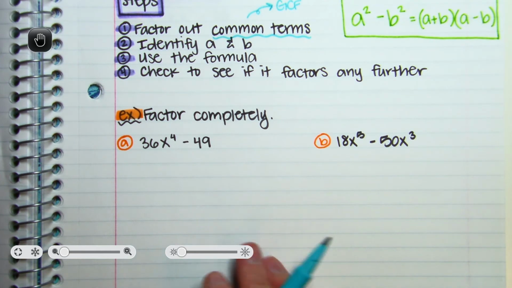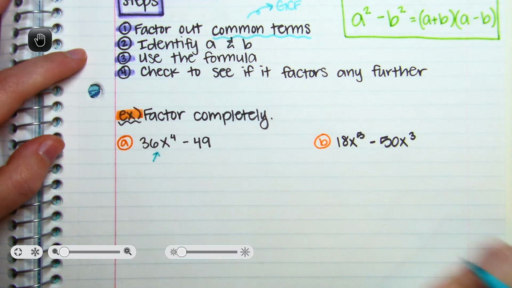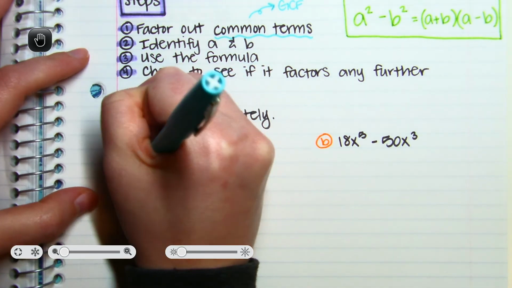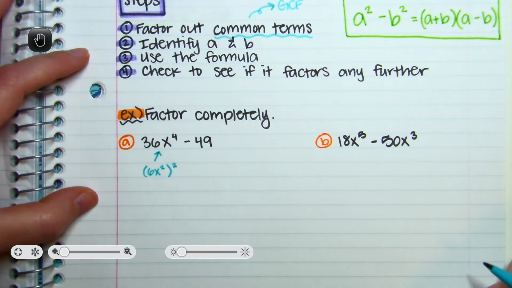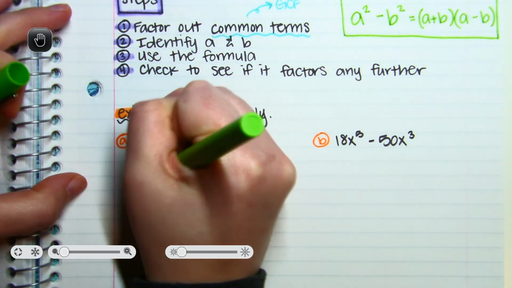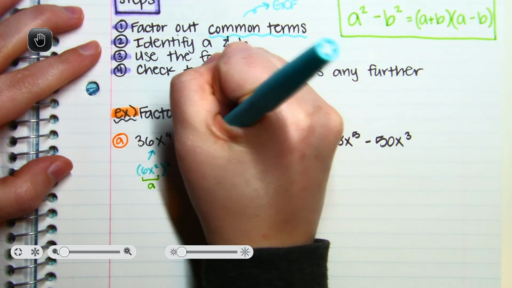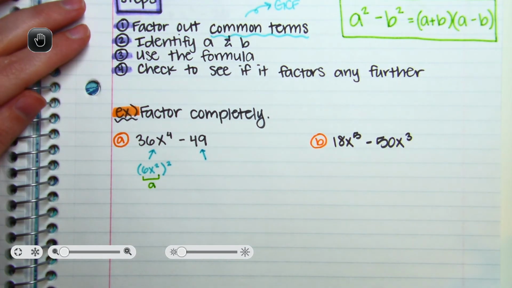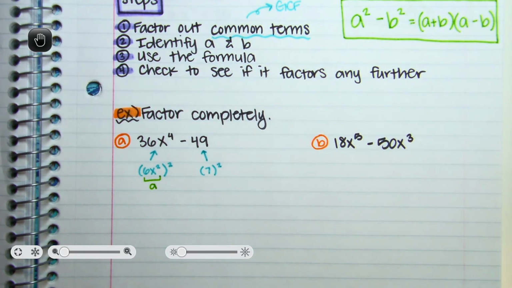All right, so first off, 36x to the fourth. This is 6x squared squared, which means the 6x squared is the A value. And then the 49, what's the square root of 49? Good, you should have said 7, which means 7